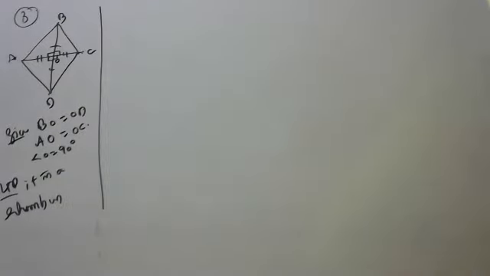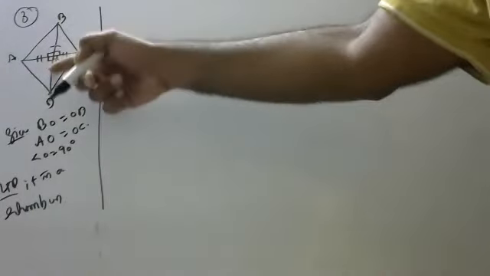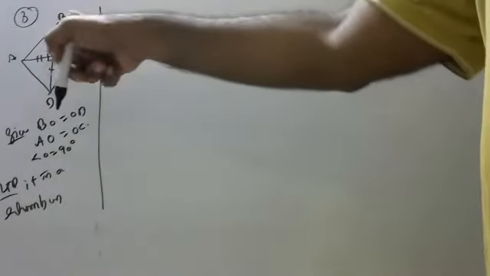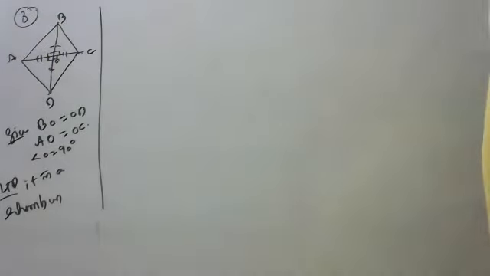What I'm saying is, he said that diagonals are bisecting each other and at right angles, 90 degrees. So all of these are 90, 90, 90, 90. We have to prove it as a rhombus. Very easy. We have to prove it as a rhombus. Okay, children. Shall we do?